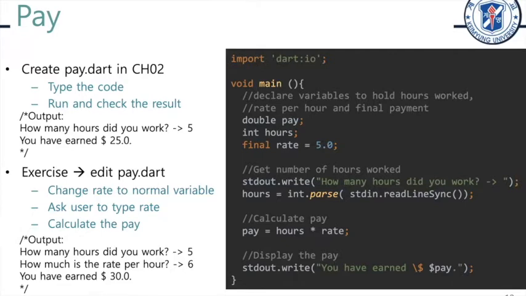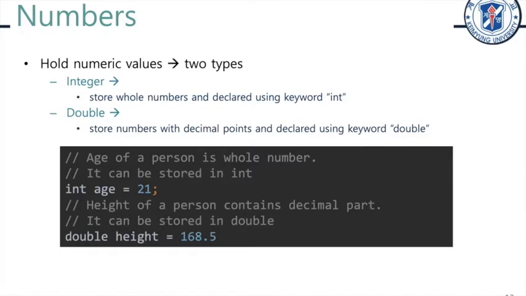in the previous exercise. Now that you know that your program uses a variable as a storage for later use, and variables can be of different types because we have different values in different data, let's discuss each of these variables and how we can use them. The first variable which we already used is numbers,